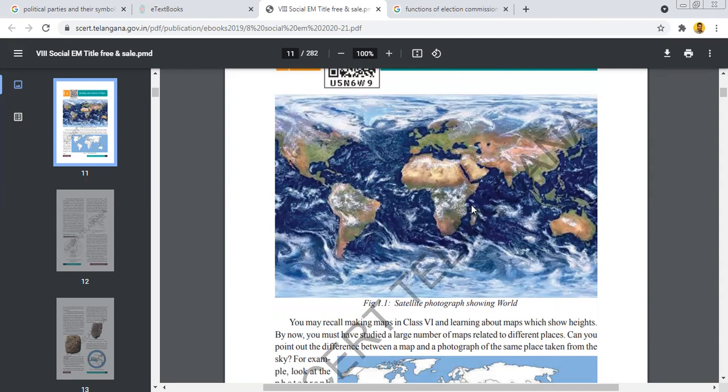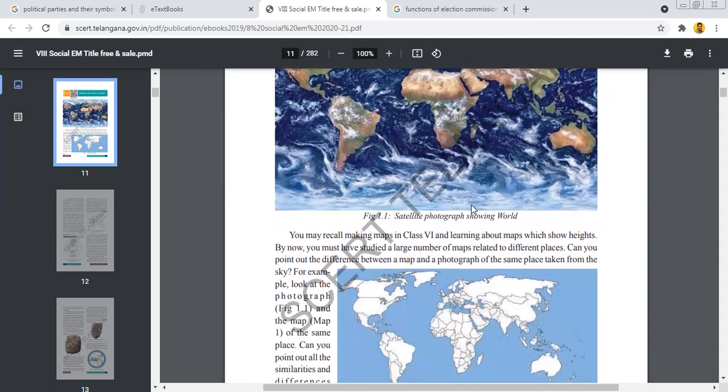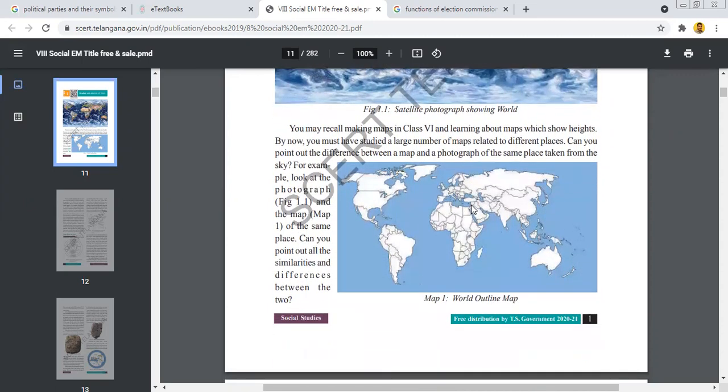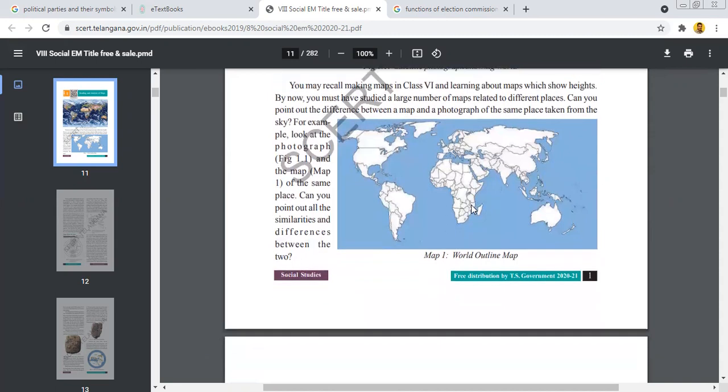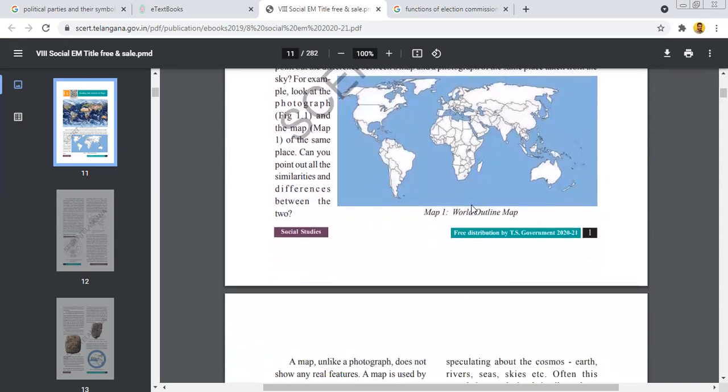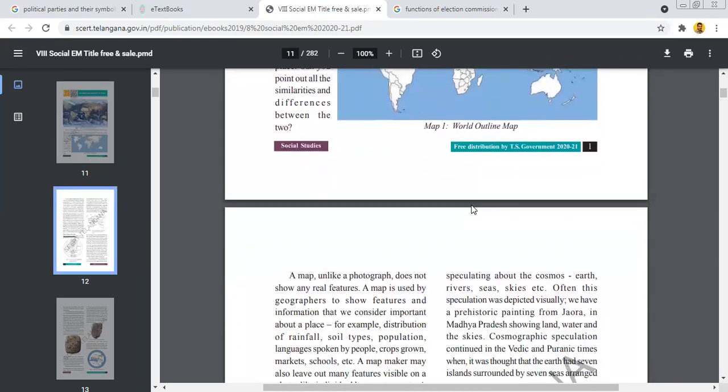Okay, 2600 years ago, they prepared a world map. They thought that the world is a round disk, and they showed their country in the middle of the world map. Okay, after Babylonians,